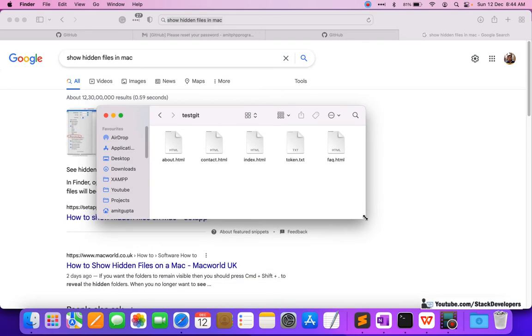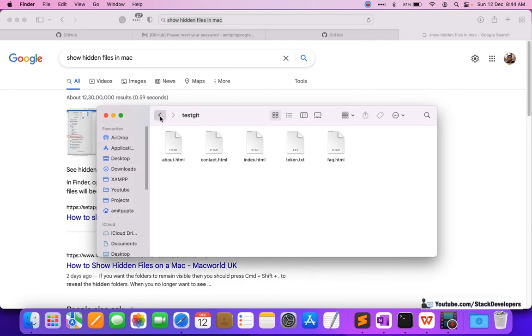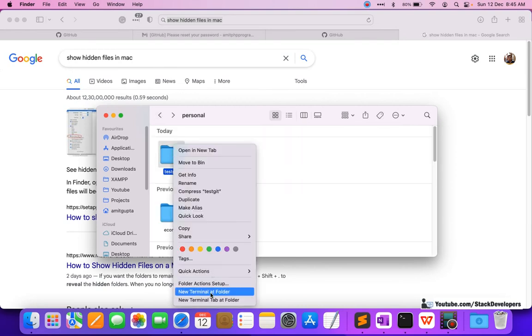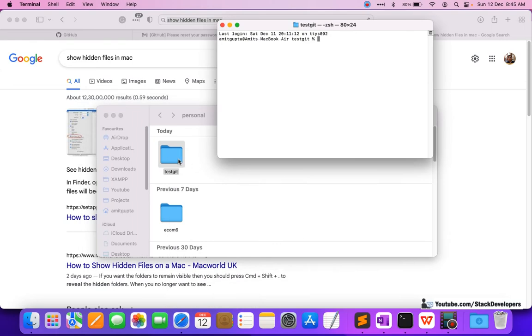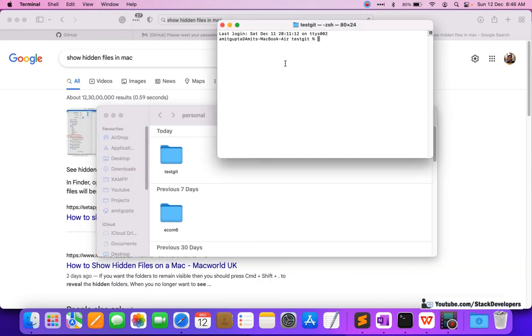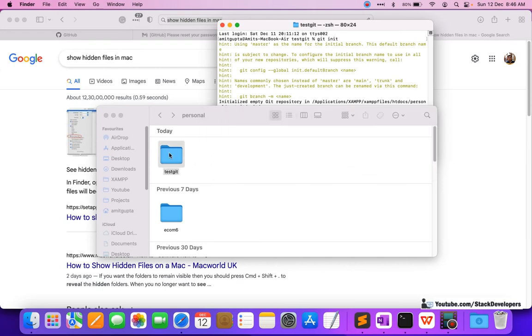Now see, this is our project, and our project is ready to upload on Git. So I will give some commands here. I will right click and add a new terminal at the folder. If you are on Windows, you can go inside the folder, right click and choose Git Bash Here, as we have installed Git Bash. Now first I will initialize the project with git init. The project gets initialized.